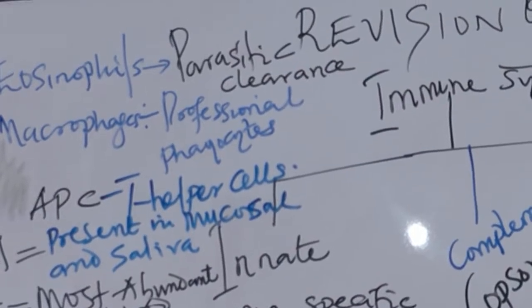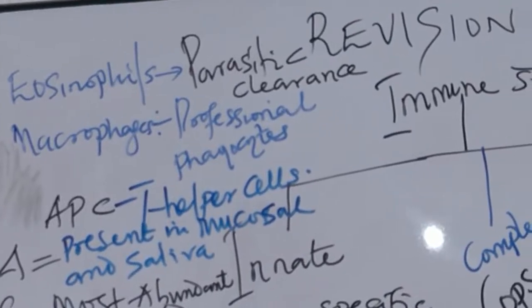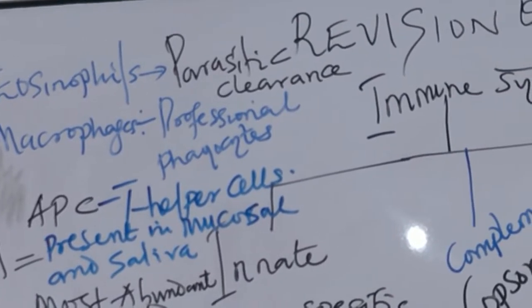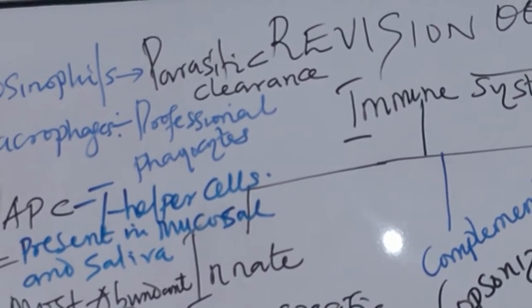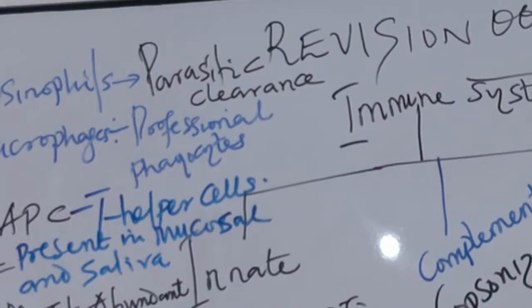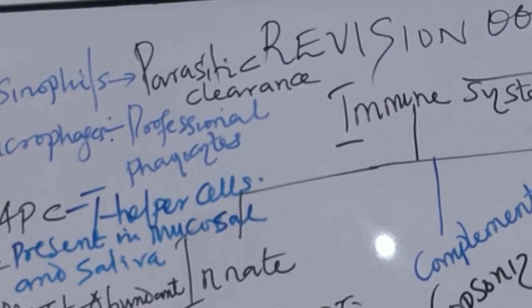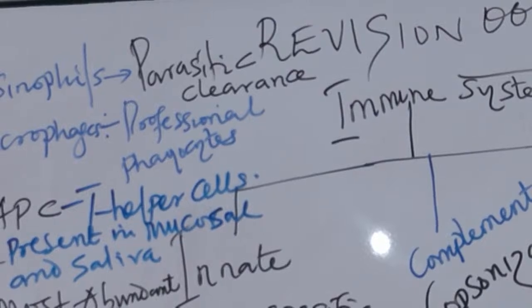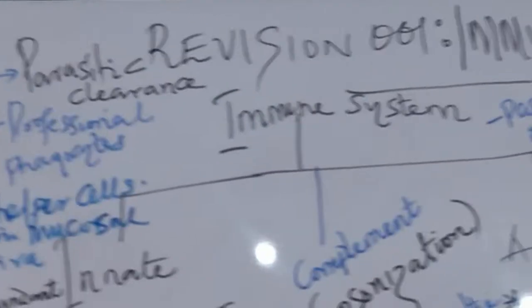Macrophage as a professional phagocyte. They are one type of innate immune system, and the way they act is basically as professional phagocytic cells. So I told us whenever there is any infection, especially infection by Mycobacterium tuberculosis,